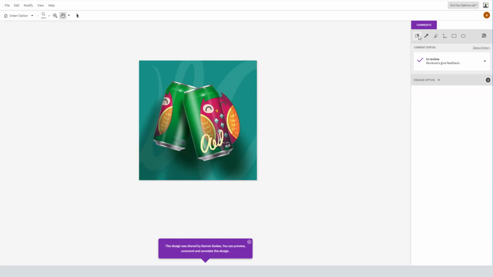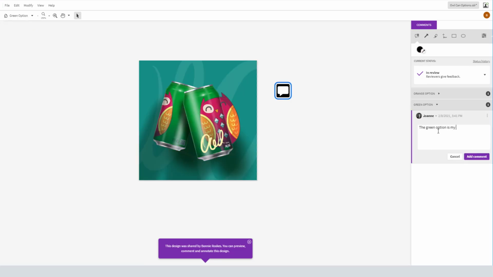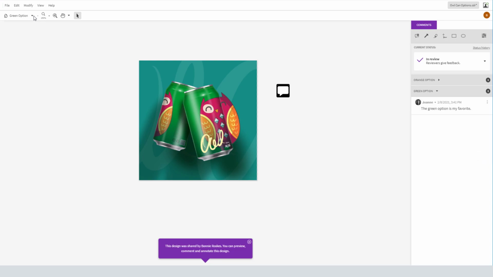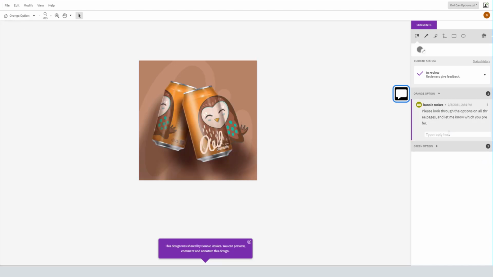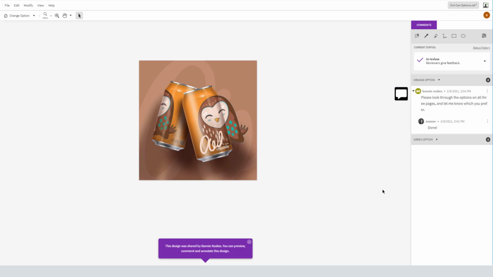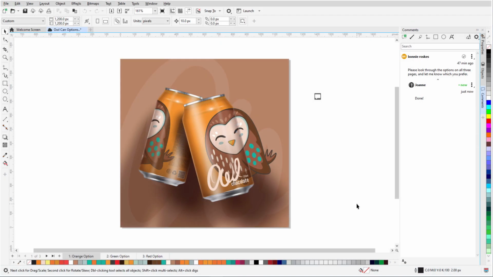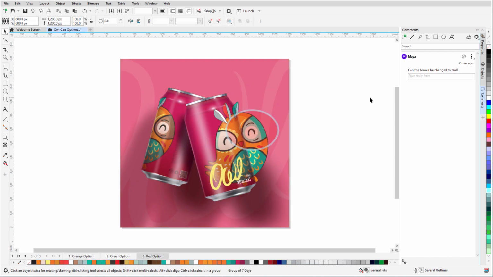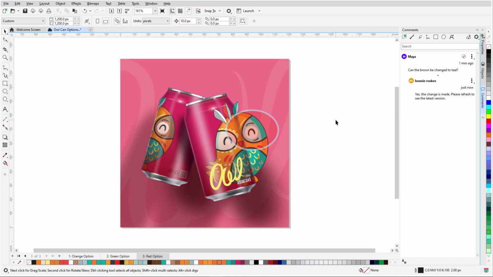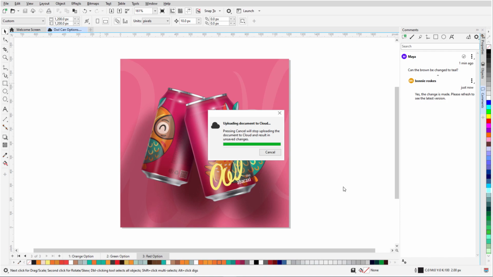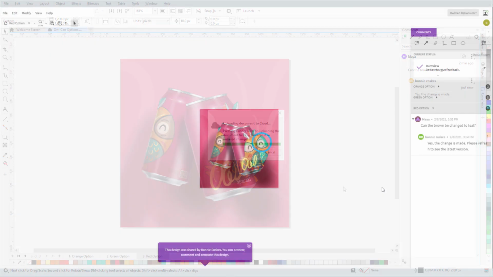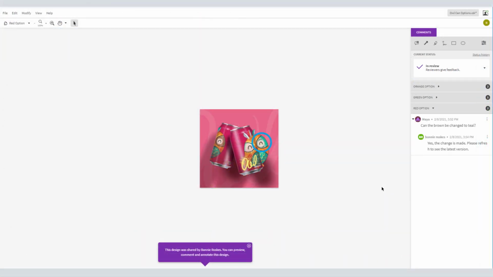The Live Comments feature eliminates slowdowns in the design feedback, refinement, and approval processes. Stakeholders can comment on and annotate a document in CorelDRAW.app, with all feedback instantly appearing in the working file in CorelDRAW 2021. And when a designer asks about or replies to a piece of feedback, all reviewers immediately see the response in CorelDRAW.app. You can also use your Microsoft 365 account to create new designs and collaboratively review designs with team members right inside your Microsoft Teams channels.